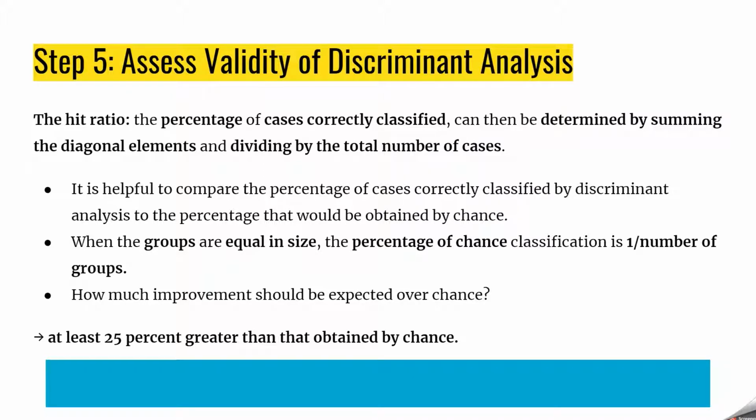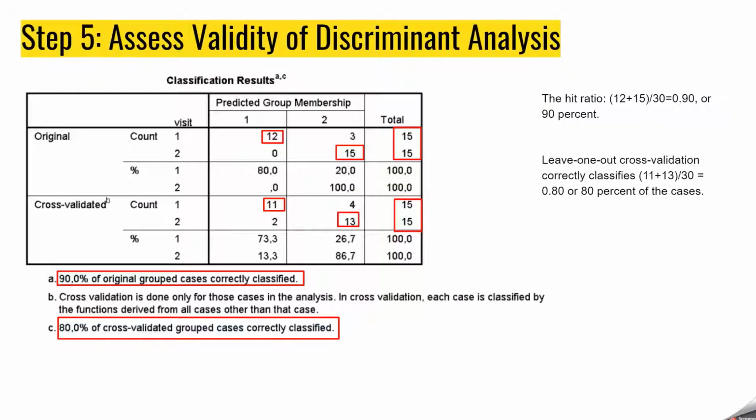When the groups are equal in size, the percentage classified by chance equals 1 divided by the number of groups. For example, with two groups equal in size, the percentage by chance is 1 divided by 2, which is 0.5. So how much improvement should be expected over chance? It is set that the hit ratio should be at least 25% greater than that obtained by chance to be accepted. So in the table of classification results,